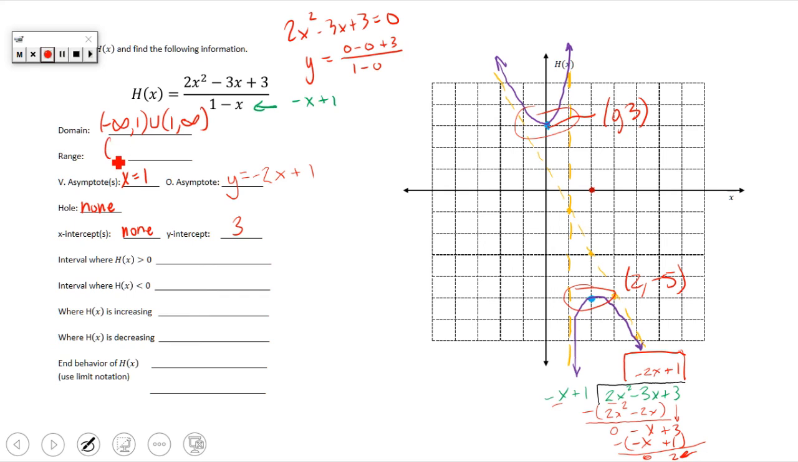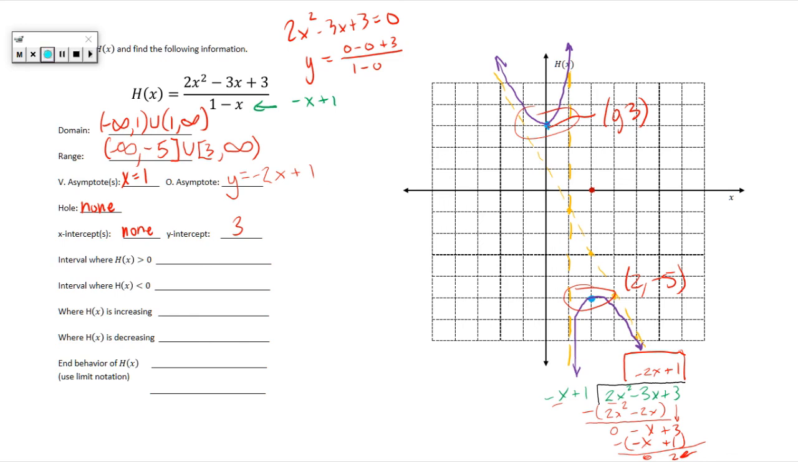everywhere from -infinity to the -5, and that's including the -5 because that's on the graph, so it's part of the range. And then union, we'd pick up at that 3 and then go up to infinity. And again, it's including the 3, not including infinity. So that's the range. The interval when h of x is greater than 0, that's just when it's above the